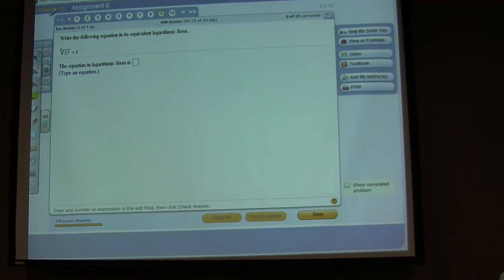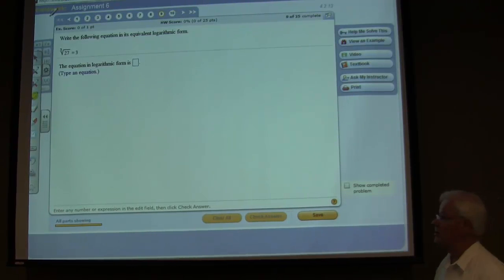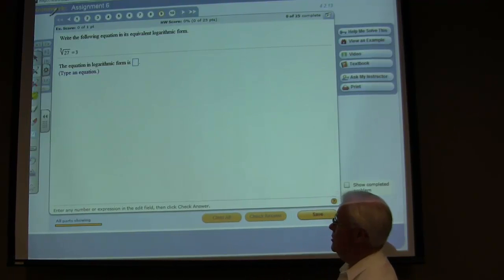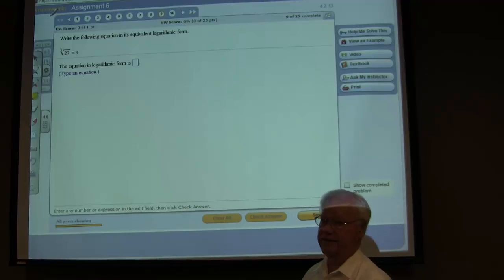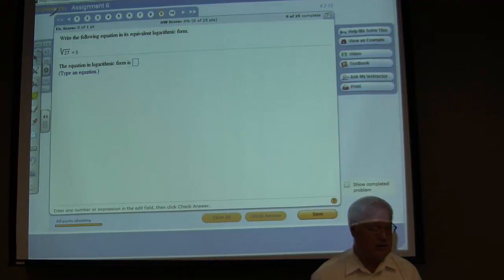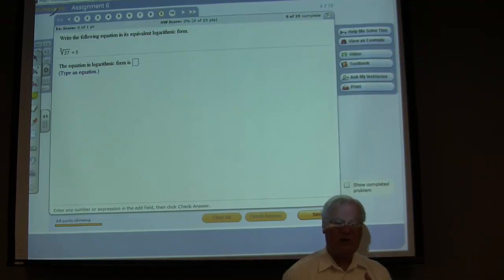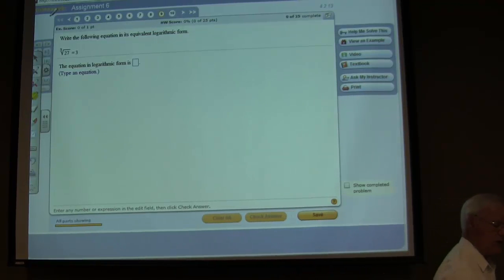Now, how about this one, writing this one in logarithmic form? Well, first of all, I must introduce a new idea. This says the cube root of 27 equals 3. How do we express a cube root as an exponent? We express them as fractional exponents. The cube root,